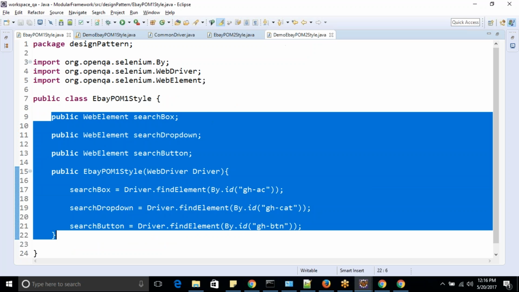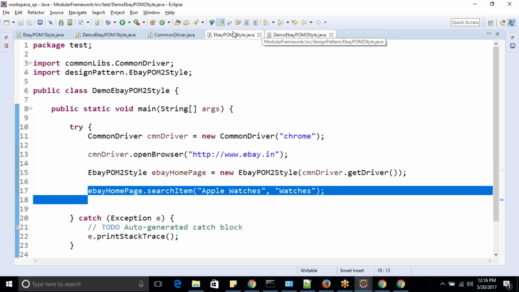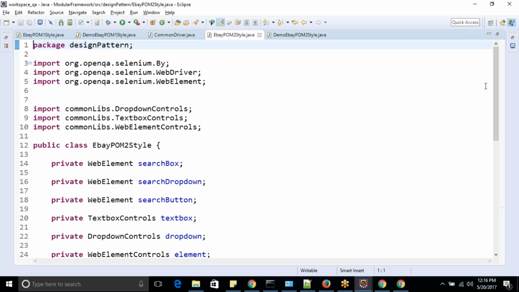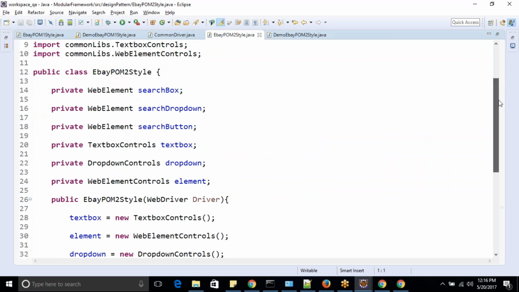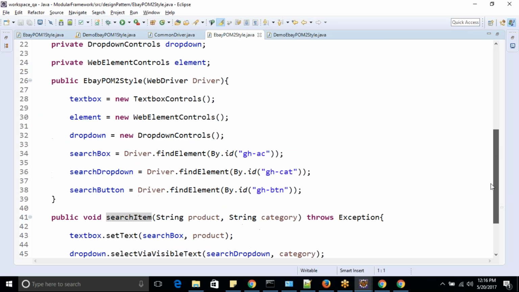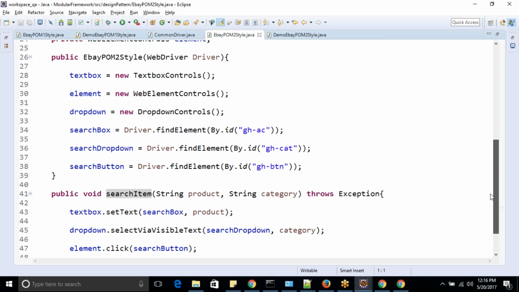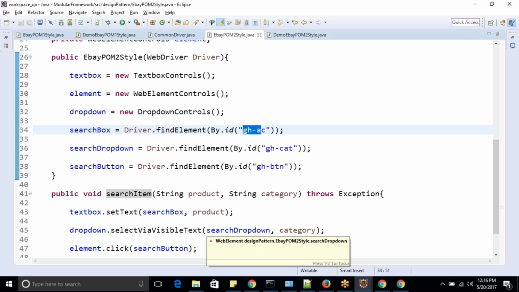So same thing we have here also. Okay, so that benefit that if something is changed at one location, it will change at all other locations is also valid in this case. If something changes in this search box, you just have to change it here, and everywhere else it will be changed automatically. And another benefit you're getting is that